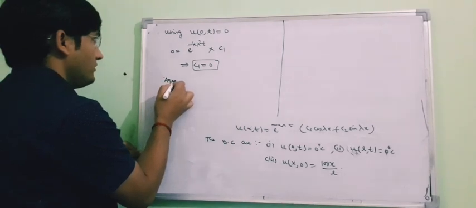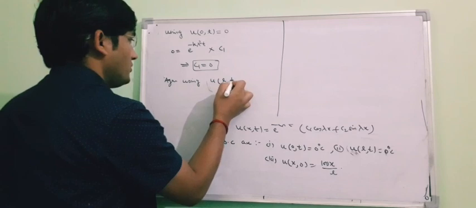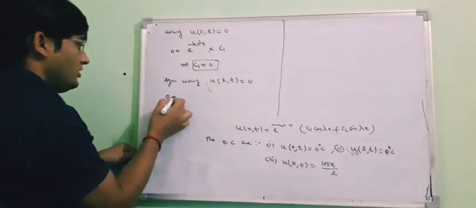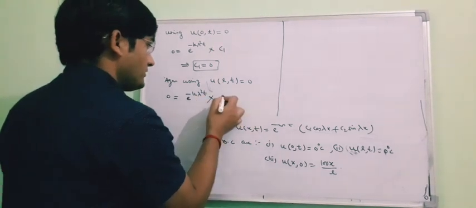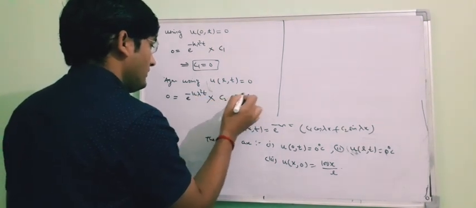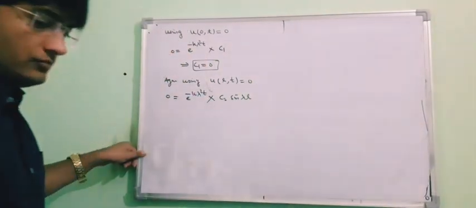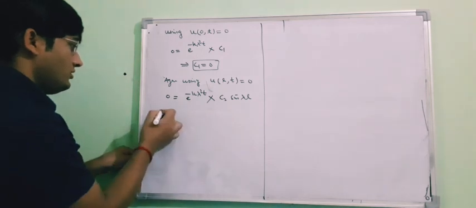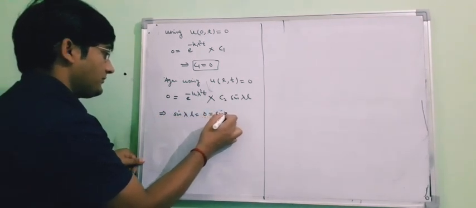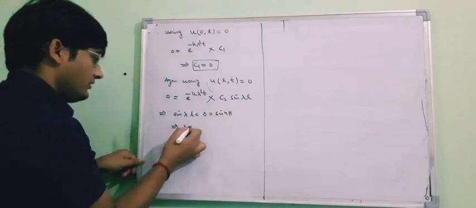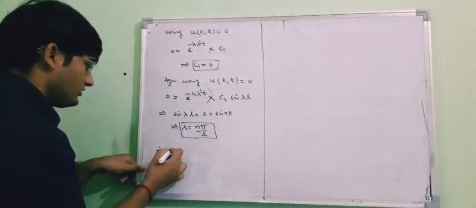Again, using the second boundary condition, that means when the length of the rod is L and temperature is 0. In this case, we will have C2 into sin lambda L. Again, C2 cannot be 0, otherwise our whole solution will be 0. So from here, sin lambda L will be 0 and this is sin n pi. So lambda will be n pi upon L. That means our solution is